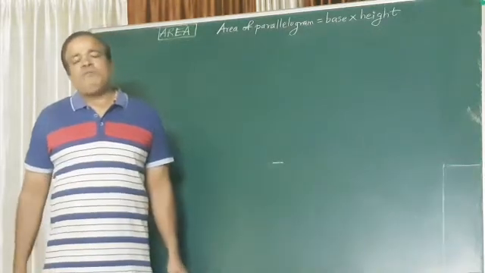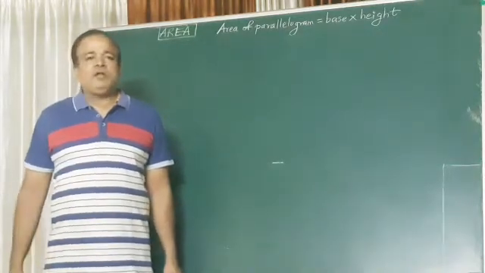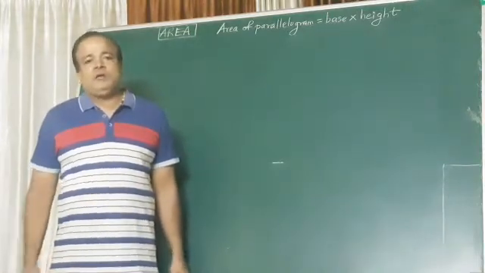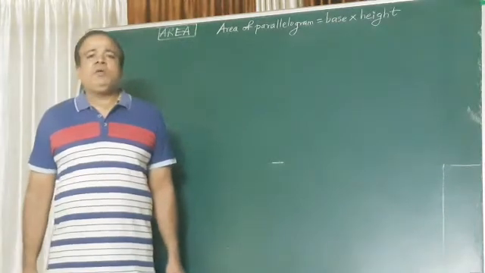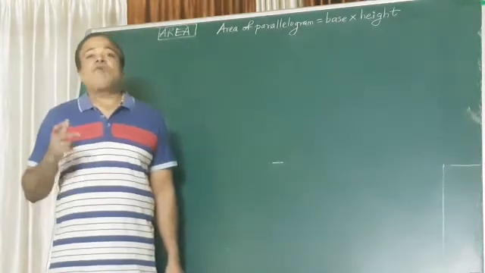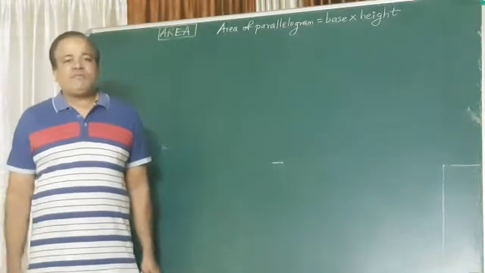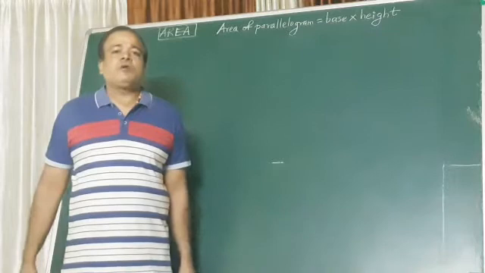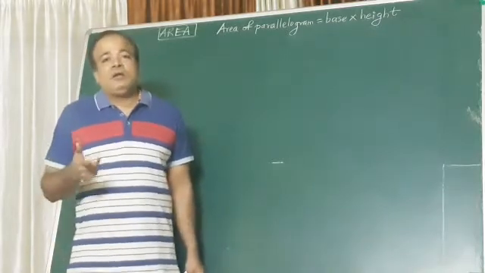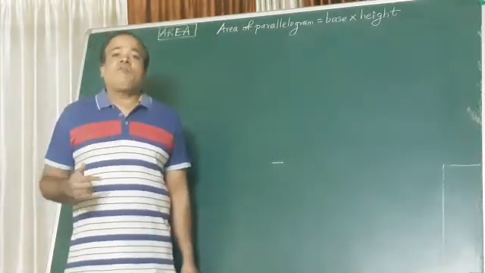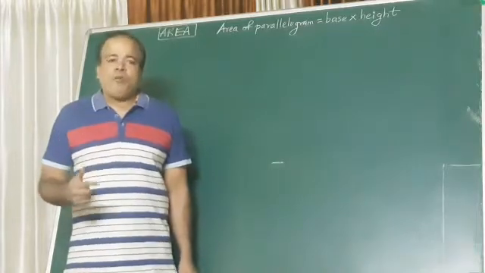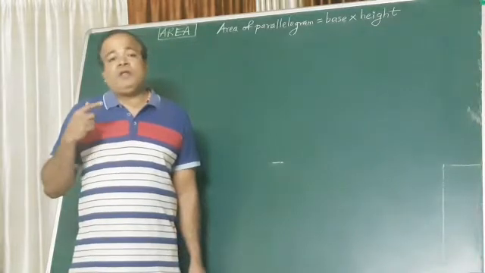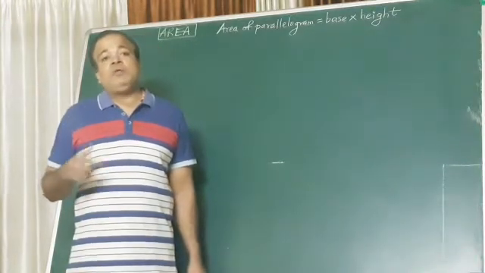Now, in this chapter, you have learned about area in your lower classes also. You have done the area of a triangle and all that. But this year you'll be learning how to find the area of quadrilaterals, various kinds of quadrilateral. What are quadrilaterals? Four-sided closed figures, which have four sides. In this chapter you'll learn how to find the area of a parallelogram, rhombus, trapezium, and then you'll learn how to find the area of a triangle using something new.